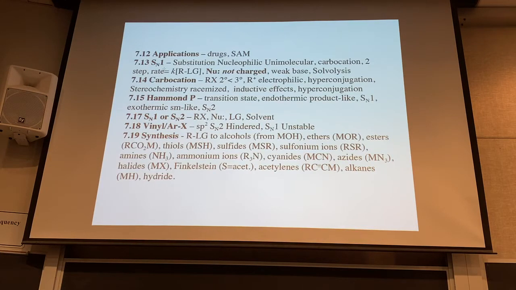But usually you can look at a nucleophile and just look at the charge and tell whether it's going to be a good one or not. Secondary, tertiary, especially tertiary, and then a neutral nucleophile, they will just simply ionize the carbocation, and then the nucleophile goes on there. Okay. Hammond postulate will link the transition state to whether it's exothermic or endothermic for a step,